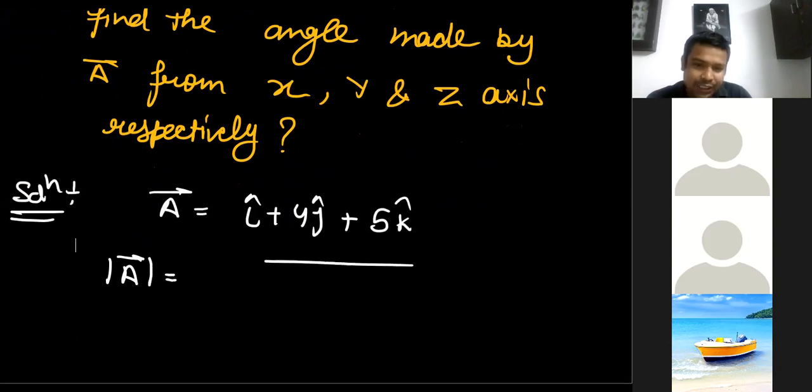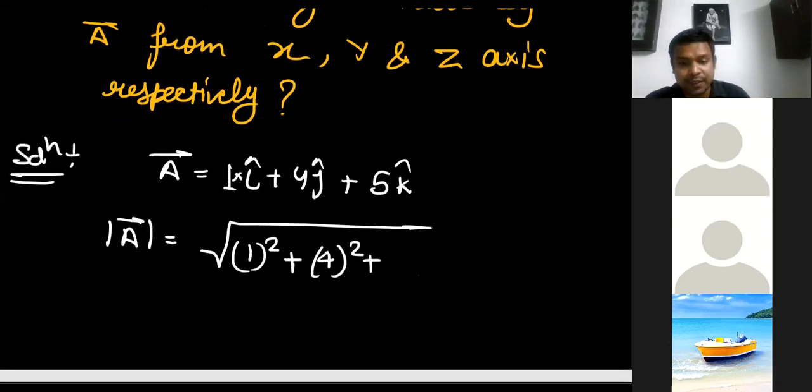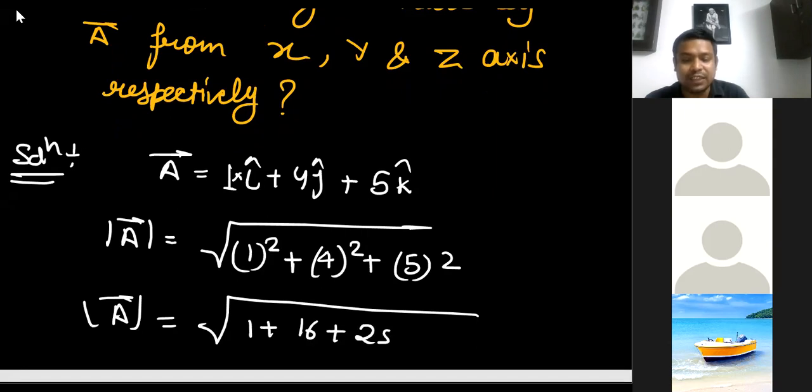The coefficient of i is 1, so the square of 1, plus the coefficient of j cap is 4, so the square of 4 is 16, plus the coefficient of k cap is 5, so the square of 5 is 25. So the magnitude of vector A is the square root of 1 plus 16 plus 25,